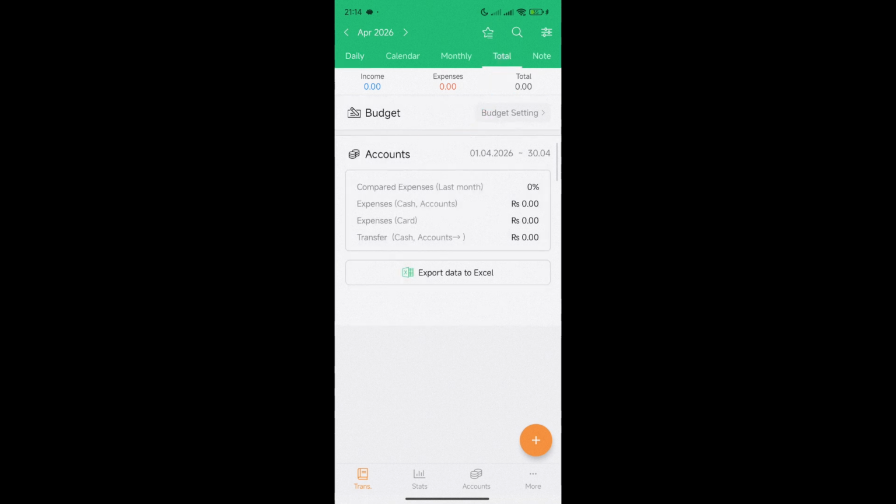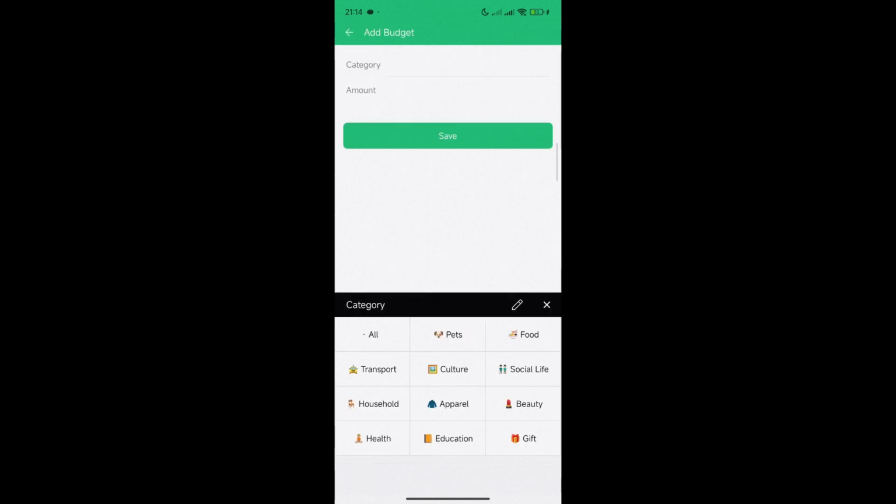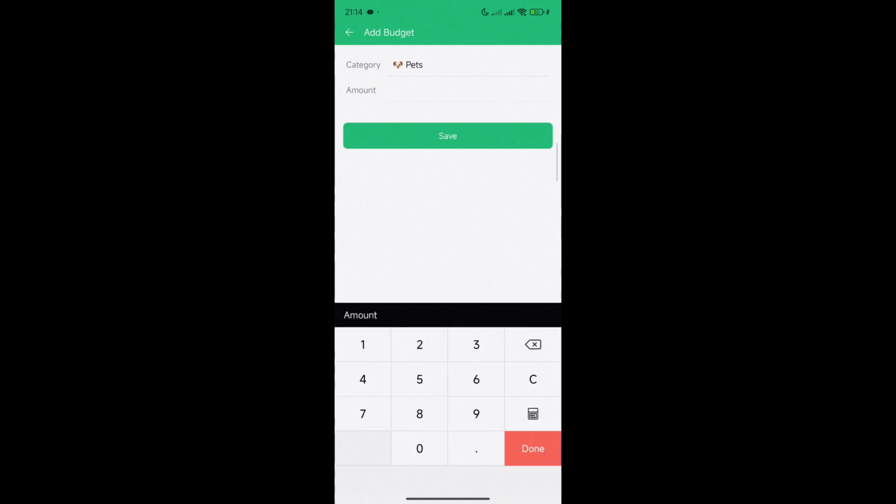And now here you should be seeing budget by default if you have any. So if you don't, you can just simply select budget settings and add your budget. On the top right side, you should be seeing this plus button, just simply like that. And here you can just simply add a category that you want to add a budget for. So let's say pets. If I want a 5,000 budget, I'm just going to set it in and then